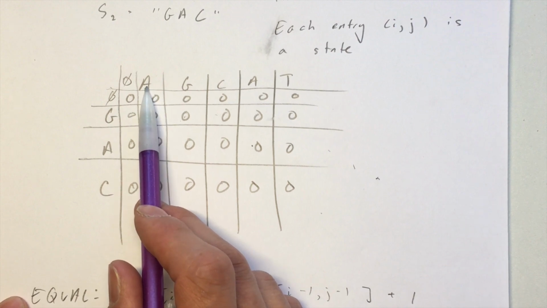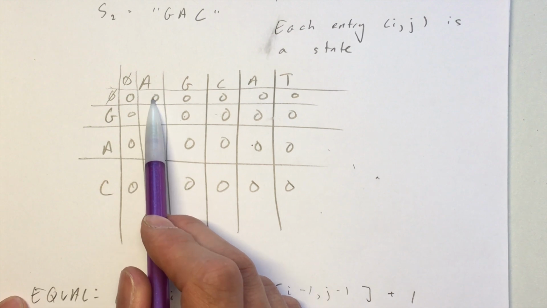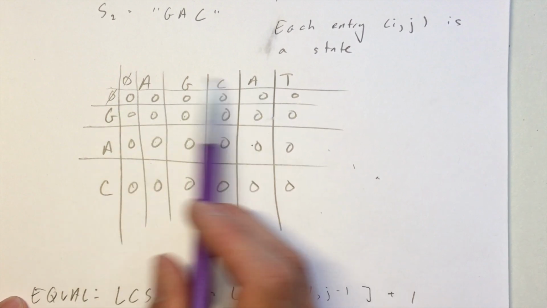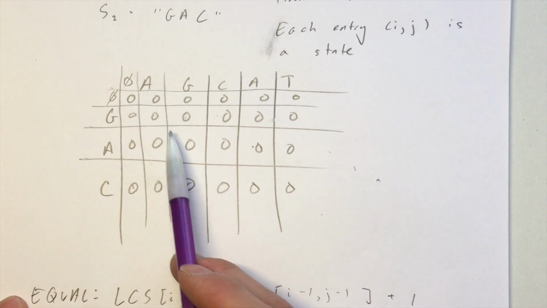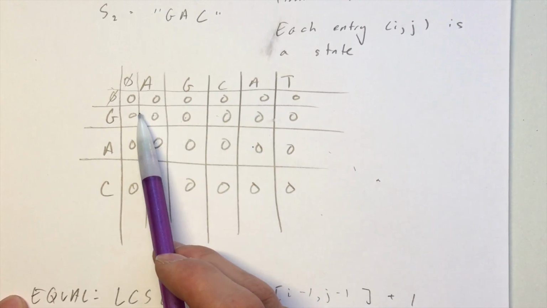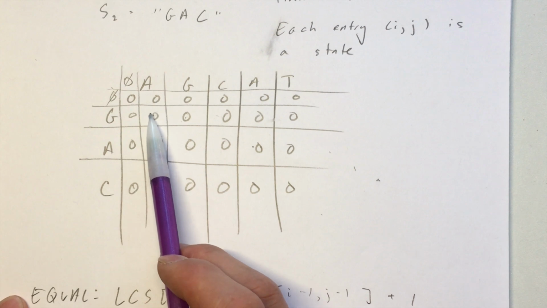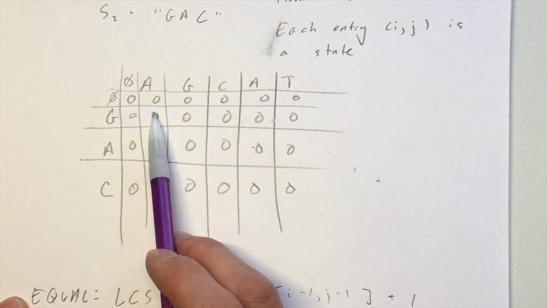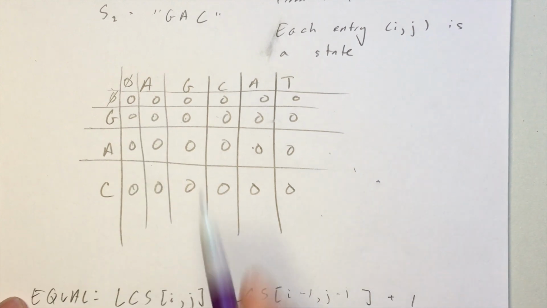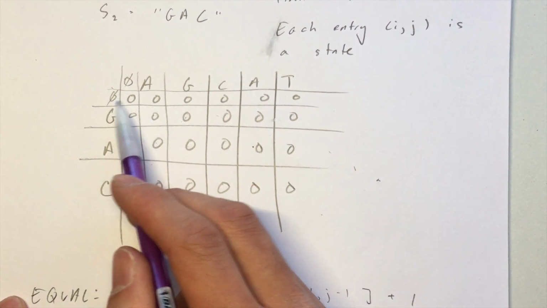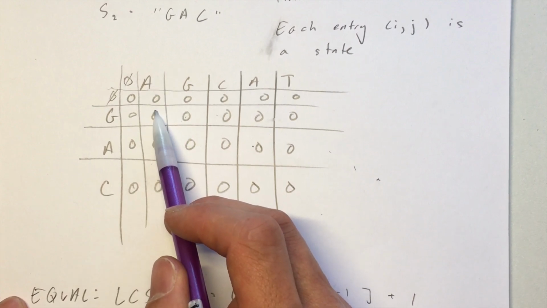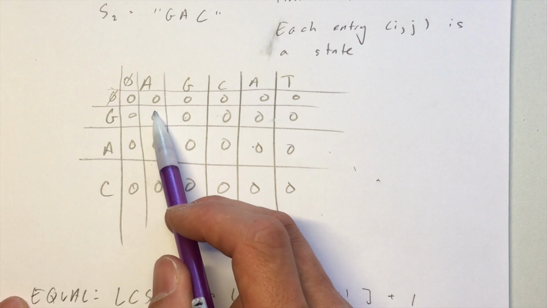So we start at A, at this state, this box. We compare this state, A was nothing. That's 0. G was nothing, 0. C was nothing, 0. A was nothing, 0. T was nothing, 0. That makes sense. So now we start down here. If we are starting down here, we can actually just ignore this column because it's comparing just 0 with nothing. If we look at A, again, now we compare